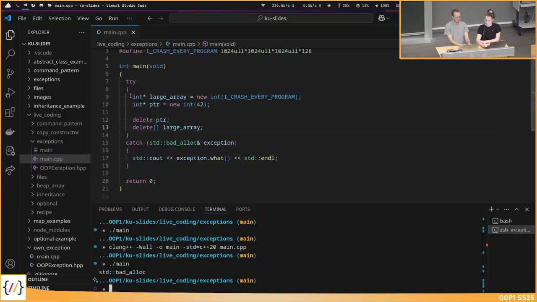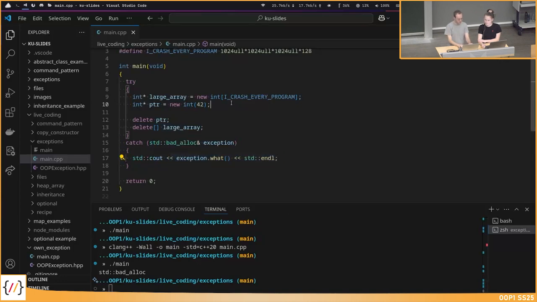So what happens now, we allocate an integer here, or integer array, which is too large. We throw the exception. So this line, and this line will not be executed. Is this a problem? No, because we never allocated the memory for the large array. So we also don't have to delete it. We have no memory leaks. We can catch the bad_alloc exception and print then the error or whatever we want to do.